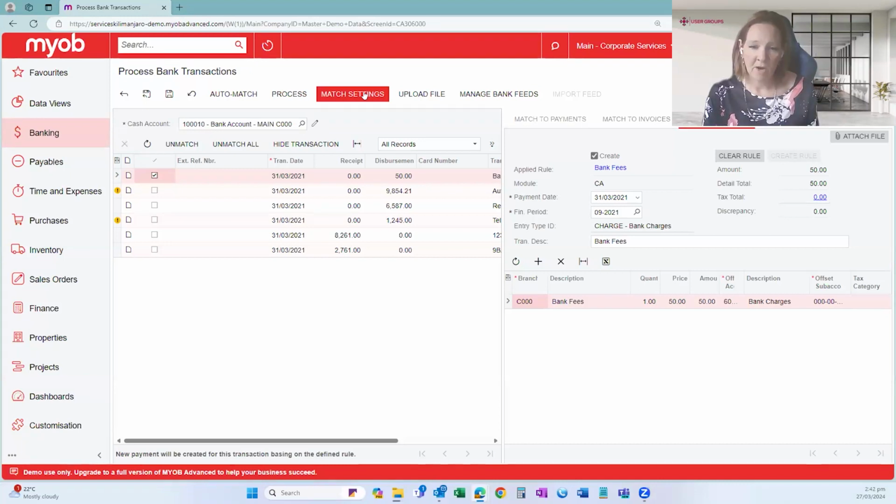Yeah, and I'm hoping Bruce might be able to weigh in on this conversation in terms of the functionality within the screen. I know that MYOB at one stage has been working on improving these matching processes and stuff. Bruce, are you able to add more to that? No, not at this point in time, but yeah,